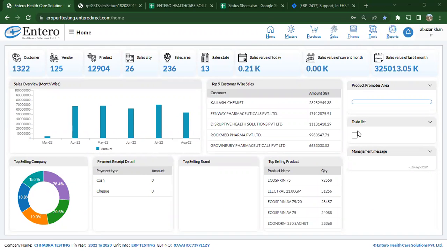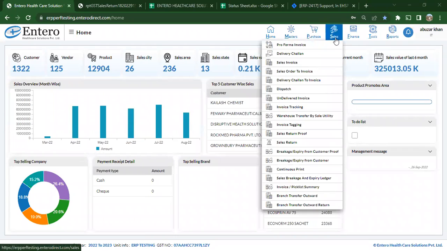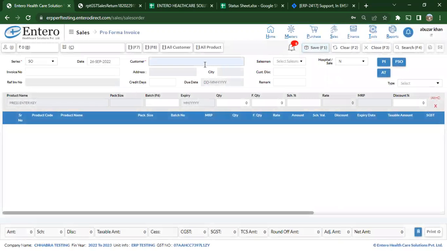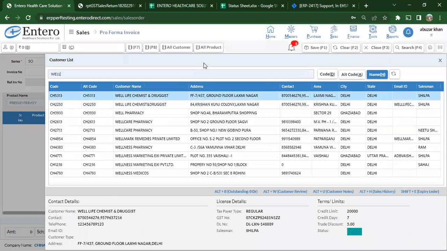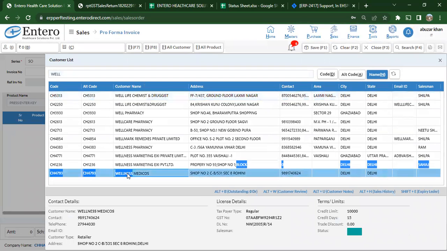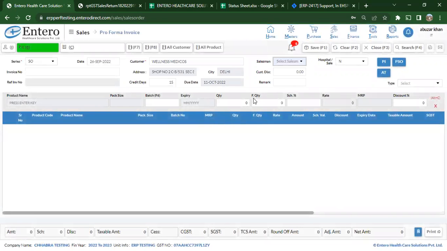In this video, I will guide you how to create the Proforma invoice. To create the Proforma invoice, go to Sales, Proforma Invoice, select the customer, select the salesman if any, select the hospital sales. If yes, select Y,